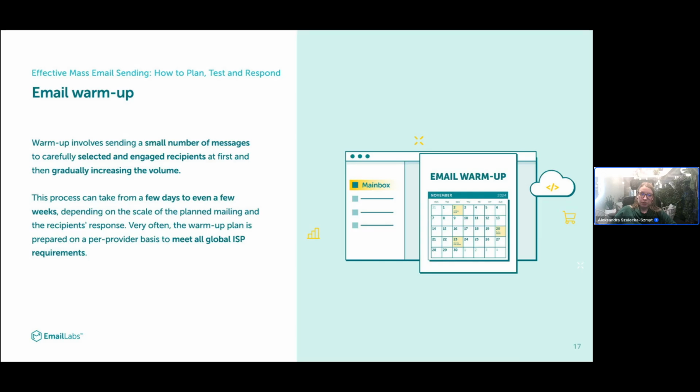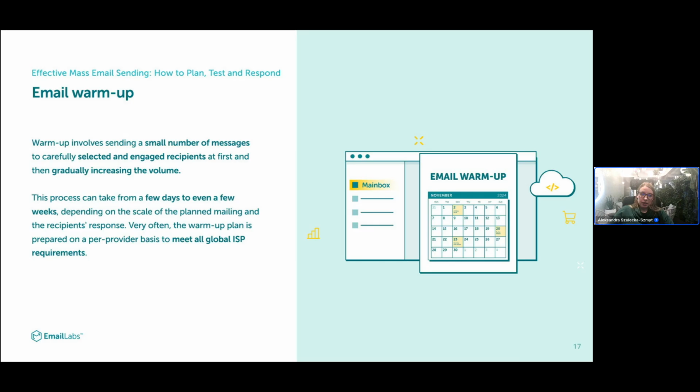And we have the topic of email warm-up. If you decide to use a dedicated IP address and you never used it before, maybe your email domain, the from domain, is completely new, you just bought it and you want to use it for the first time, it is important to do email warm-up. And what does it mean? It means that you start with smaller email volumes and then you gradually increase them until you reach your target volume, the maximum one-time volume of the sending that you want to send.